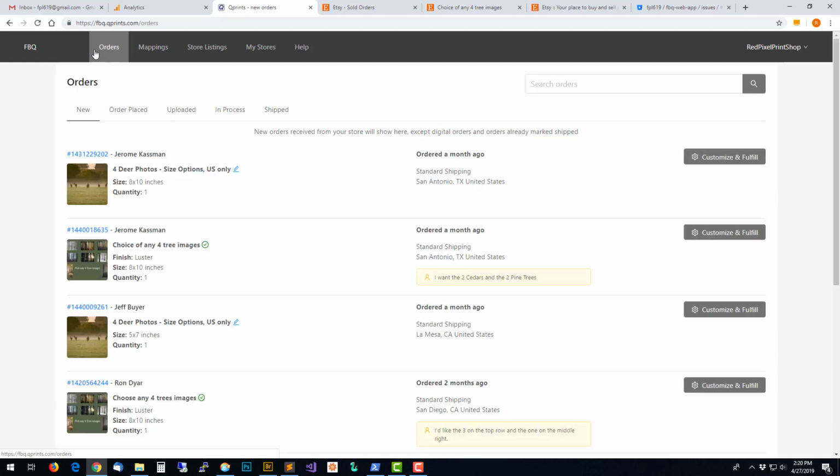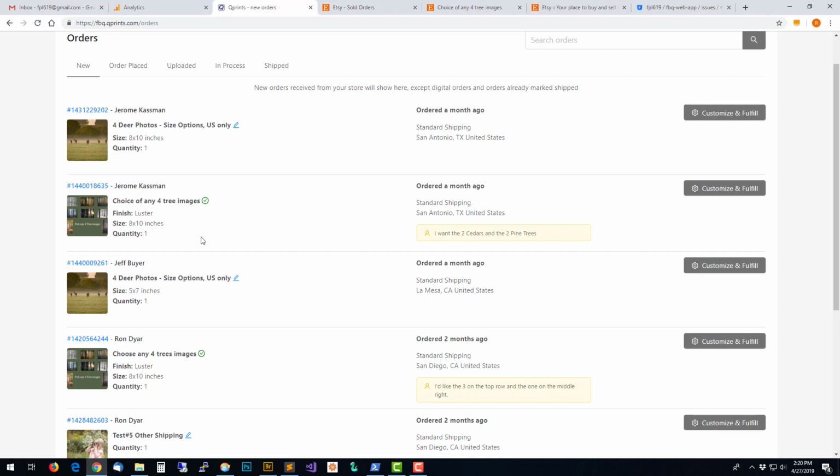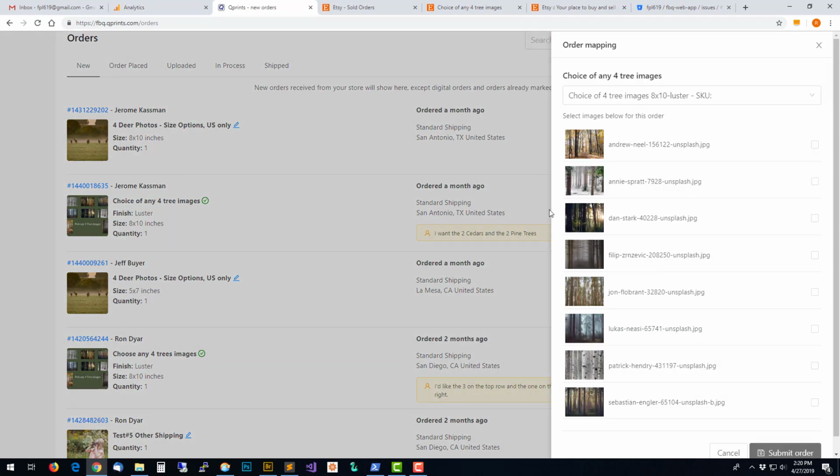If I go back to the orders tab, I now have a green check mark next to this order and this one, both of which are orders for this particular product and variation. So now when I click to fulfill this one, remember last time it just said fulfill. Now it says customize and fulfill. I can't just fulfill it because it's got all 8 images mapped. I need to figure out which ones they want